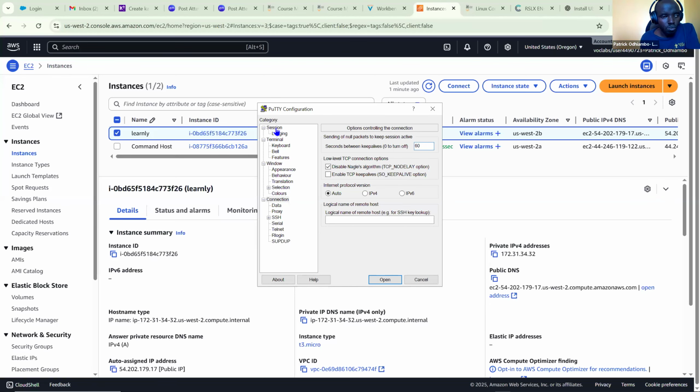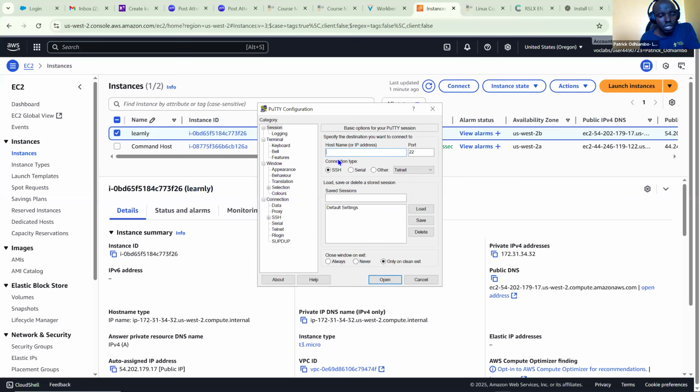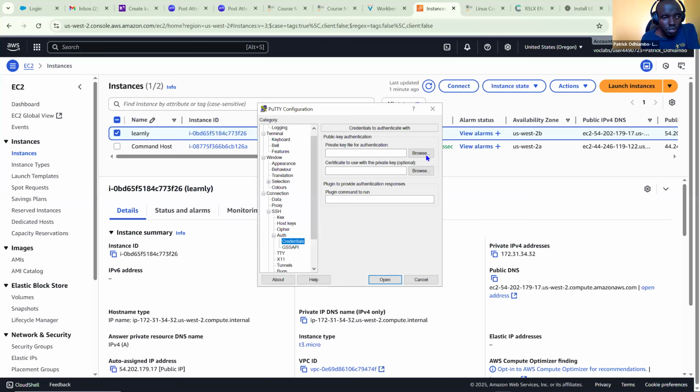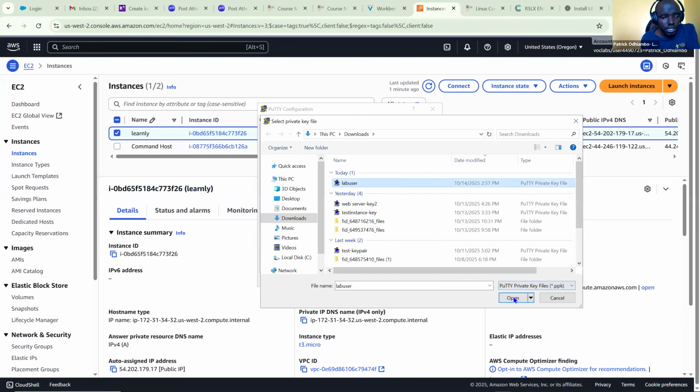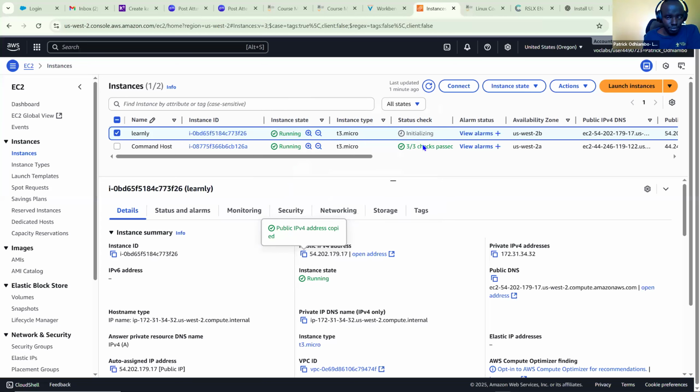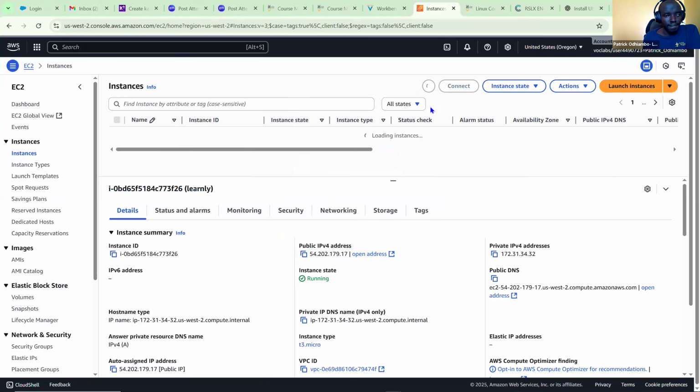And then I go back to this one. And then I go back to authorization. Auth, browse. Then let's get that open. Then before we click it, just a second. Let me do this here. Refresh to see.